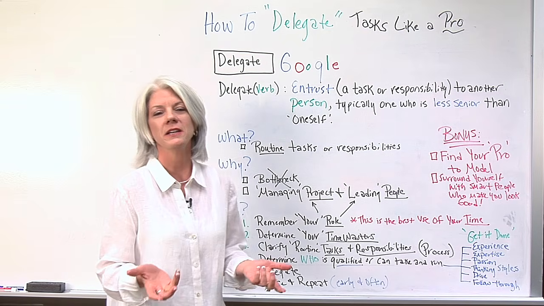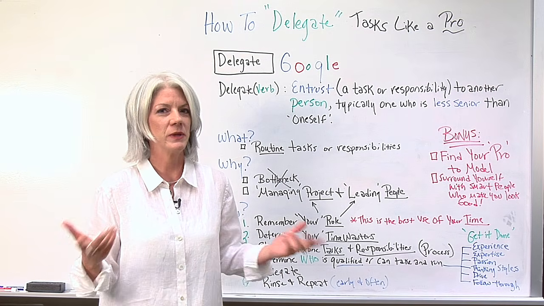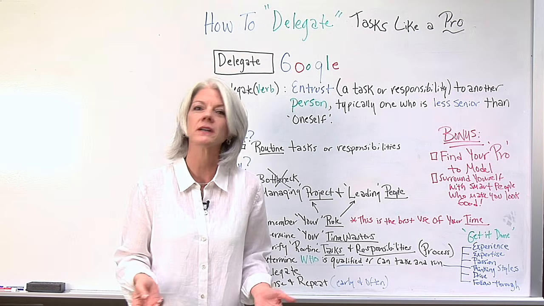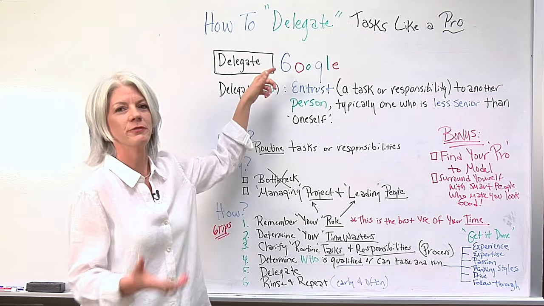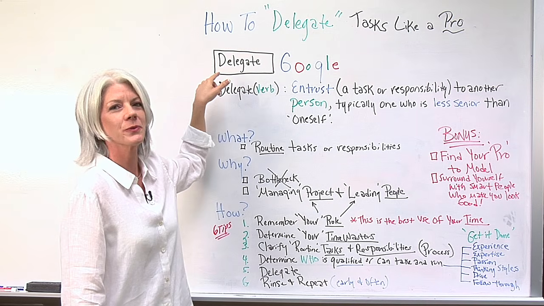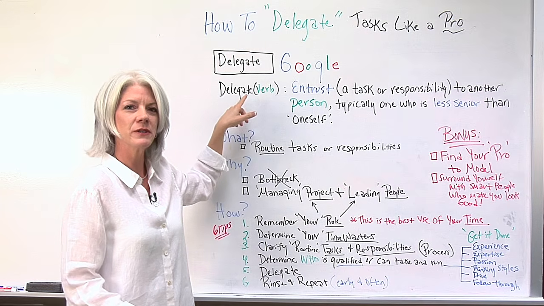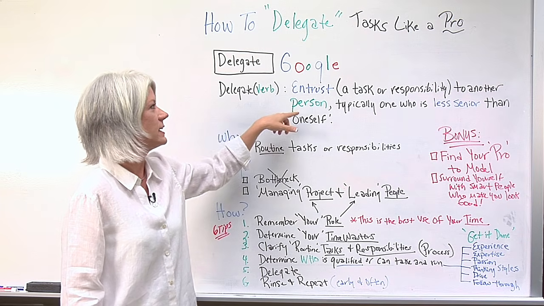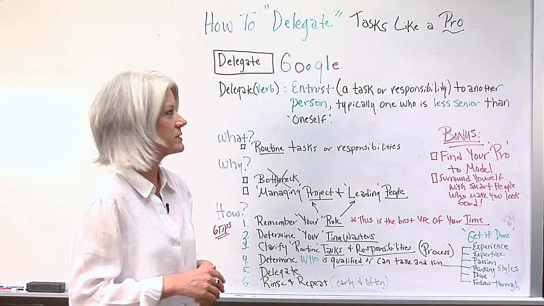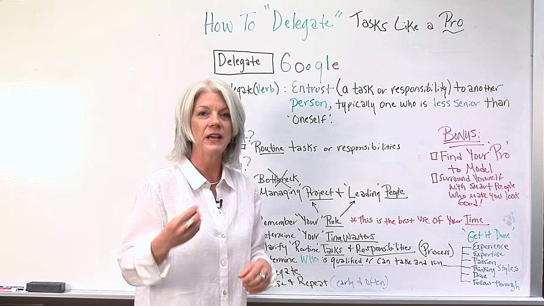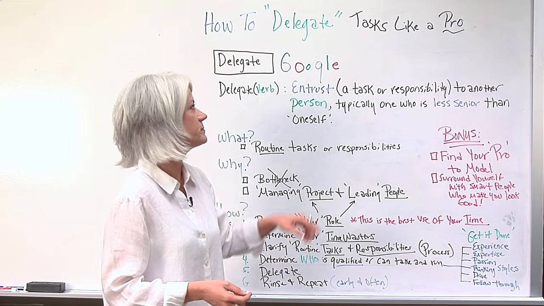So if you've watched any of our other previous whiteboard sessions, you know I like to start with a definition for some terms because they're often used incorrectly. So if you go to my good friend Google and you Google the word delegate, there's a noun and there's a verb. So we're looking at the verb of delegate. I love this when there are several options, right? You're going to get probably millions of hits. The one that I liked the most was by Yahoo, and it was considered the most favorite definition.